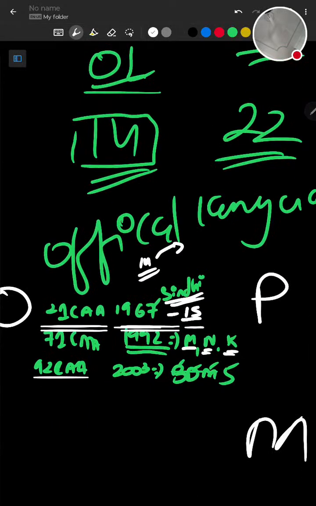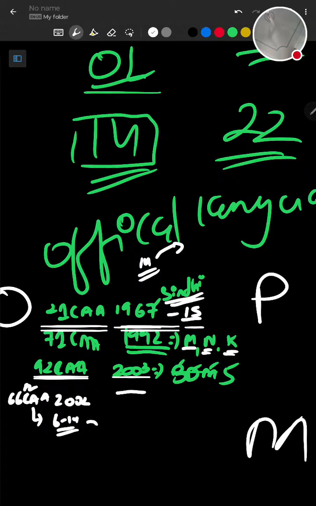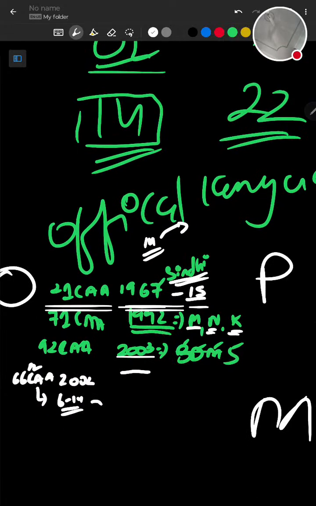Now the 92nd Constitution Amendment Act of 2003. So you can remember 2003 like the 66th Constitution Amendment Act of 2002, which is for the children at the age of 6 till 14 or something like that having to go to school. So here 6 plus 6 becomes 12, so 2 is there. Now here it is the 92nd Constitution Amendment Act, which becomes 2003. Now Bodo, Dogri, Maithili, Santhali are here.